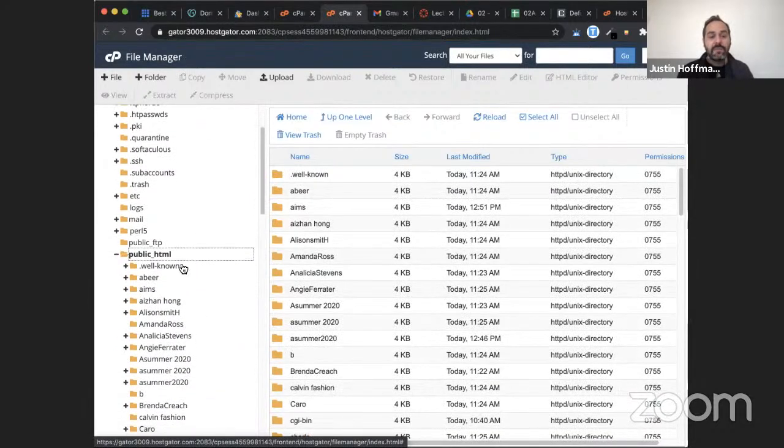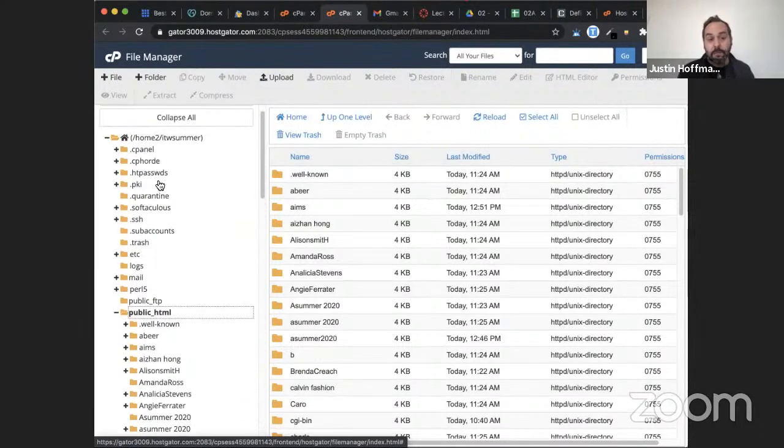And the files are going to be stored in public HTML. All the other files here are on our server, but they're not available to the public. Only the things within this folder, public HTML, are available to the public. As a matter of fact, the stuff over here is technically cloud computing. We hear that term bandied about,